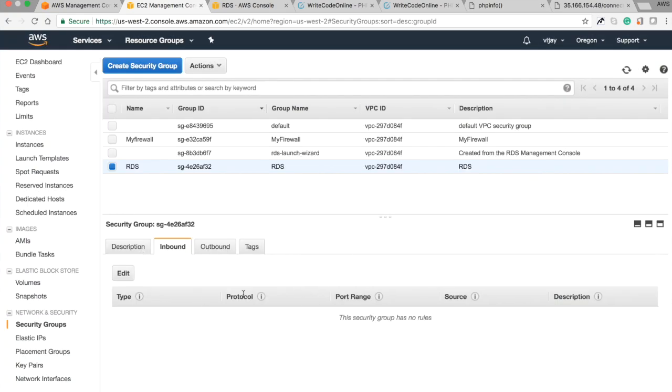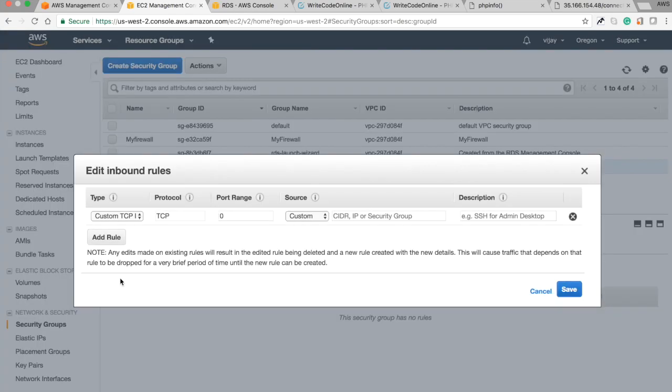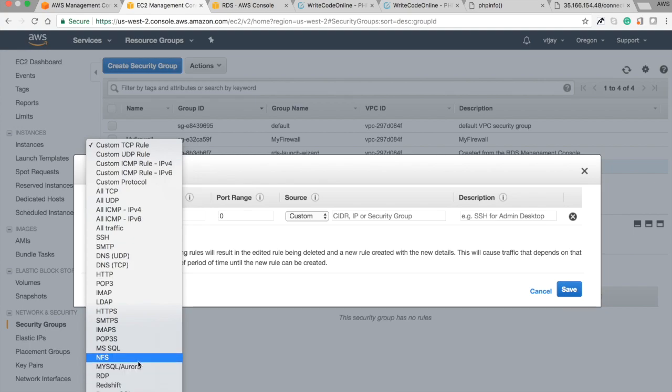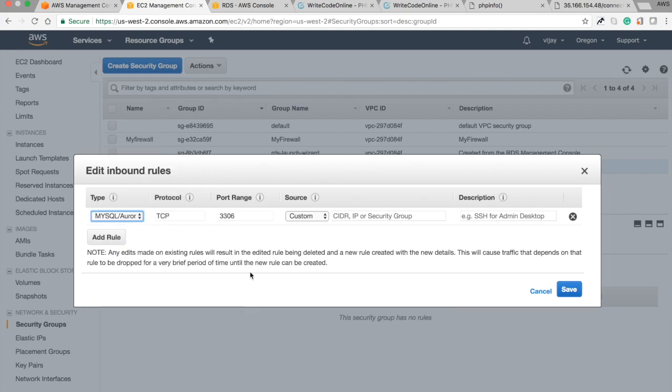We have not given any rules, so we have to enable the traffic for the RDS protocol. You can create it here for the RDS protocol. Here MySQL Aurora is the RDS protocol we define, and when you select this, it automatically selects the